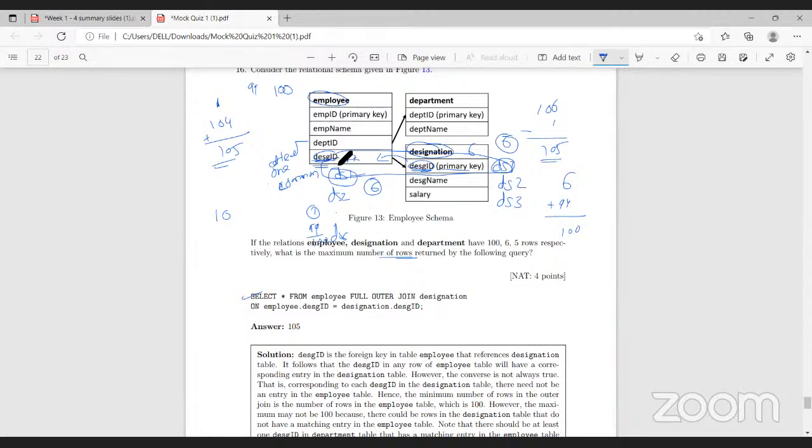We will compare the tuples. Consider all the 6 designation IDs there in the designation table column. So the minimum in the case of full outer join will be 100. What will a full outer join do? It will first fetch the common tuples, then the remaining unmatched tuples from the employee and designation tables. So if we consider all the 6 primary keys in the designation ID, then 6